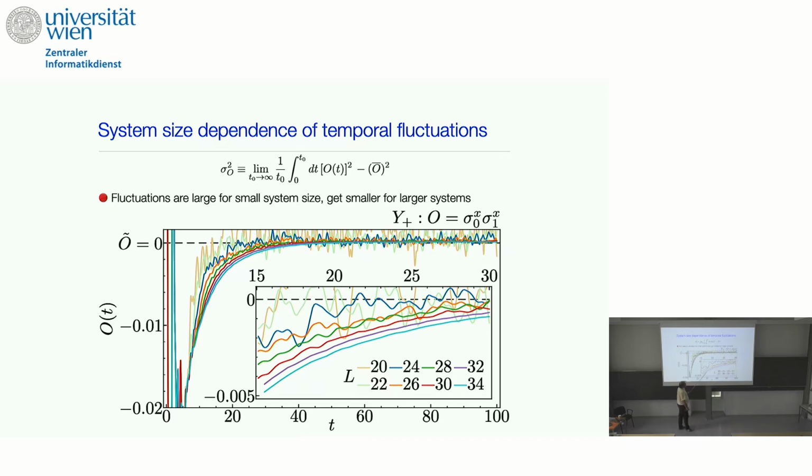The first aspect I would like to show you is that if you work with 20 spins, which most of you can do on a laptop, you should notice that this brown curve, at least on the scale shown here, fluctuates wildly. Whereas if you push system sizes, these curves get smoother and smoother. For 34, there's still a little bit of wiggling, but it is orders of magnitude reduced compared to smaller system sizes. And that's where I claim that doing large system sizes really pays off,